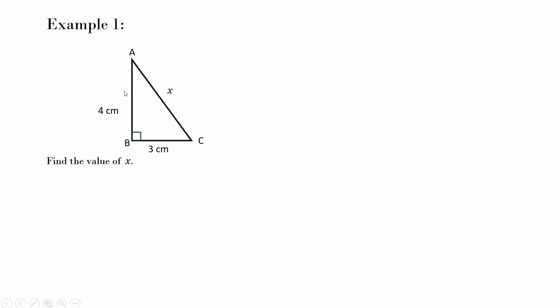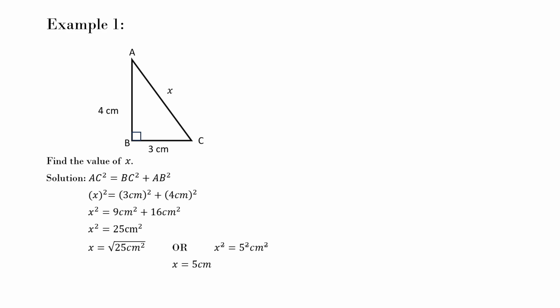Okay, how are you going to find it? You are going to remember, you say AC squared equals BC squared plus AB squared, or the same as x squared equals 3 squared plus 4 squared. This is how it has to be. Check here: AC squared, the longest one, equals BC squared plus AB squared, and then we make the substitutions. Check the substitutions: BC is 3,